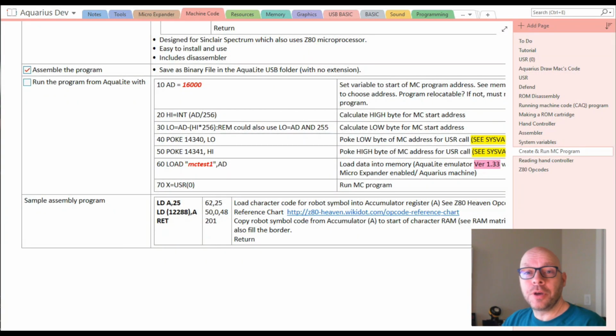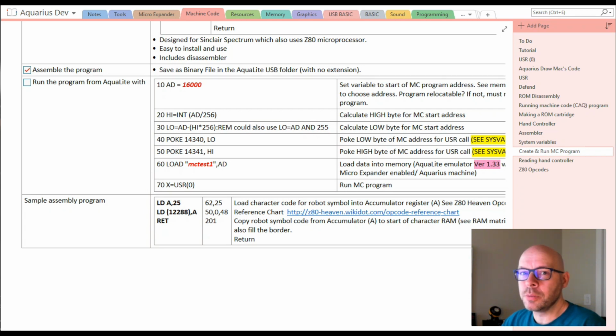Alright, so that's the first method we have of creating an assembly language program for the Mattel Aquarius and running it on the Aquarius or the emulator. And the process itself is quite straightforward, quite simple, although it took a long time to explain all the technical details that we need to understand in order to do it. But now that we know those technical details, let's go on to our next method